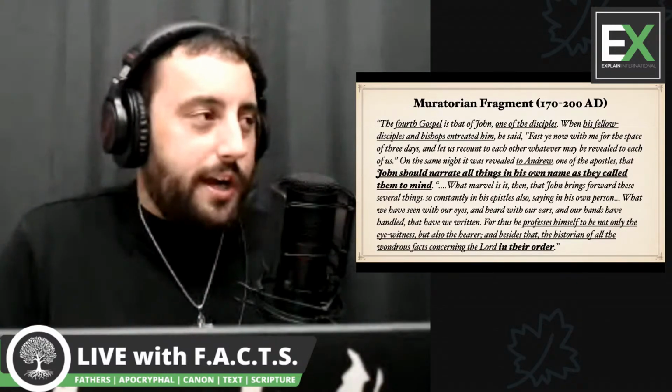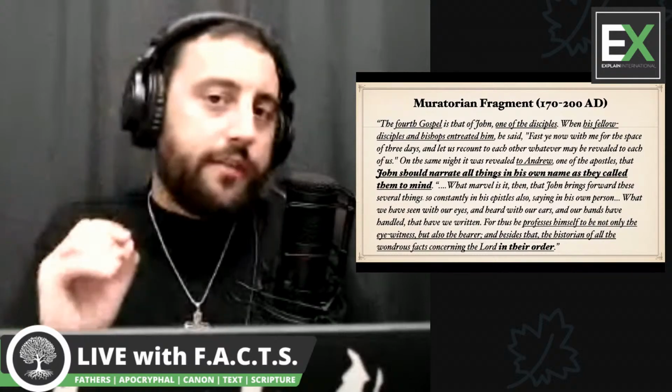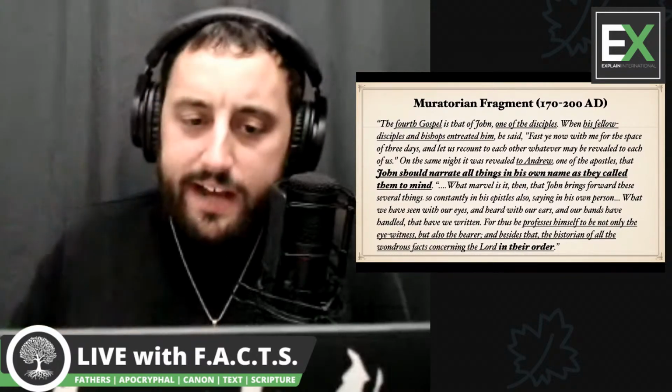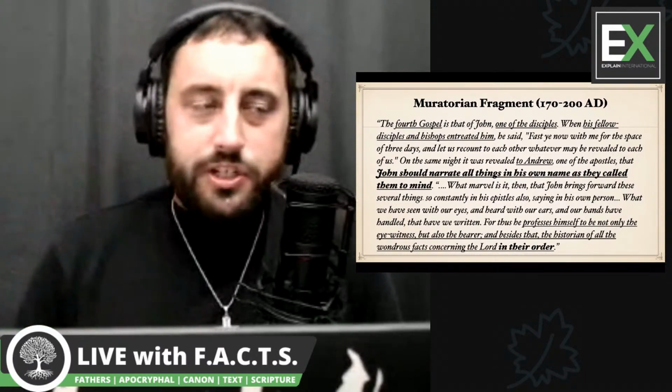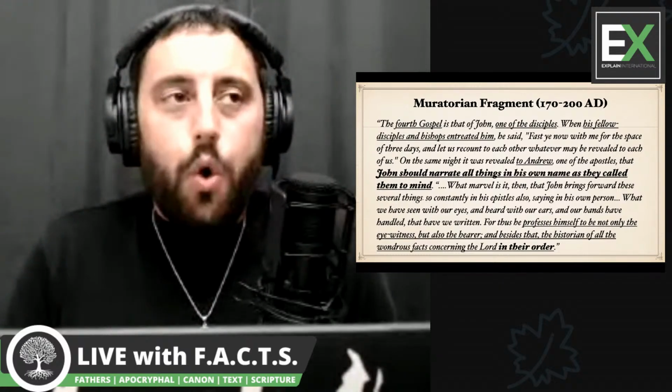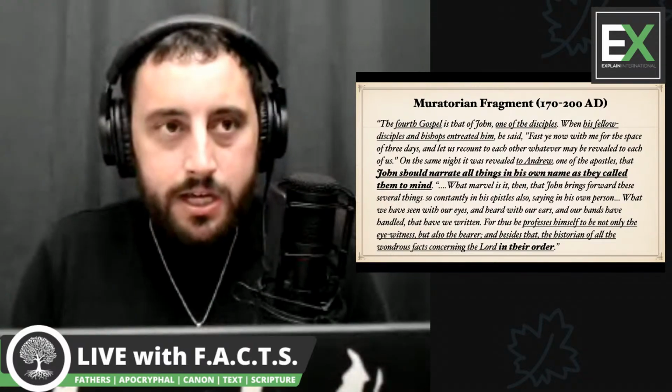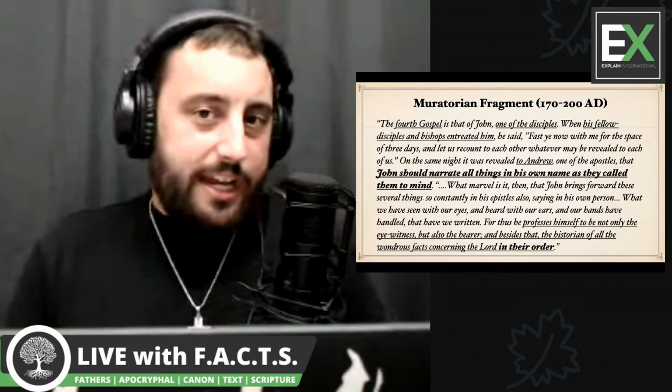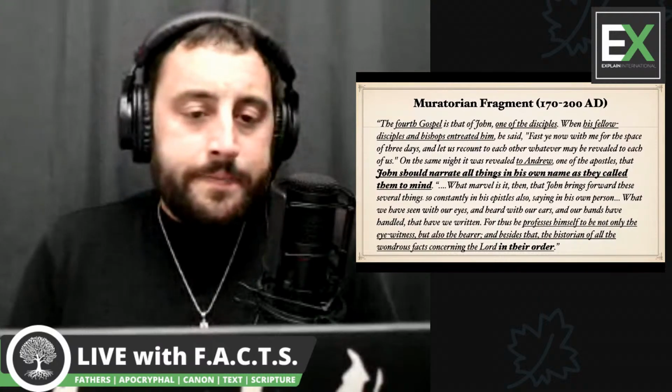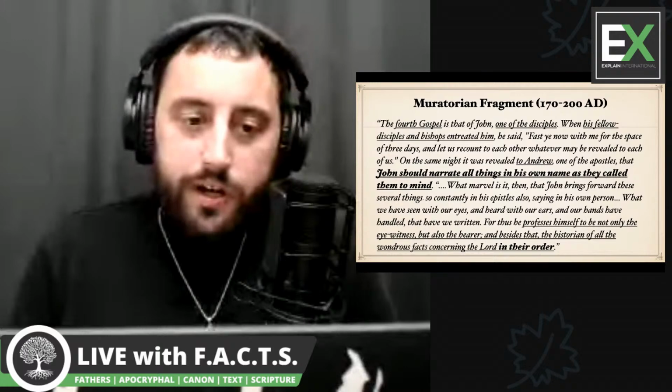All right, let's jump right into John's gospel. Let's pick up where we left off. I want to focus on one of the statements that we went through last week on the Muratorian fragment, which is late 2nd century. And one of the phrases that was made after their approach of deciding, should we write an account? In the 4th gospel, it says, is that of John, one of the disciples,